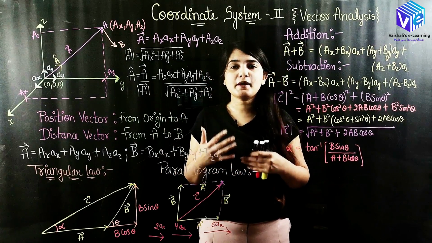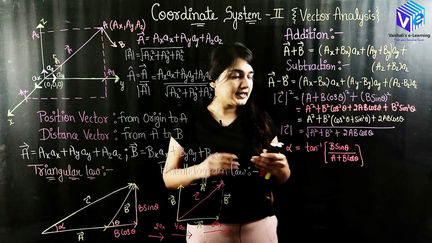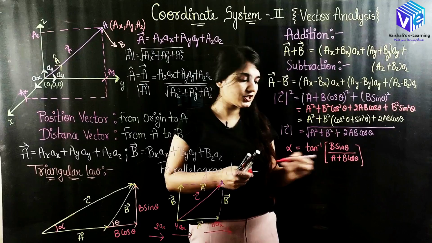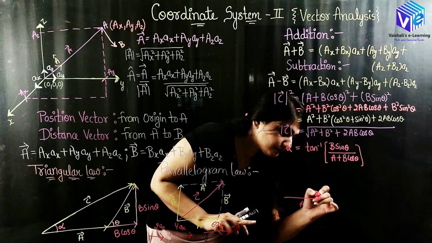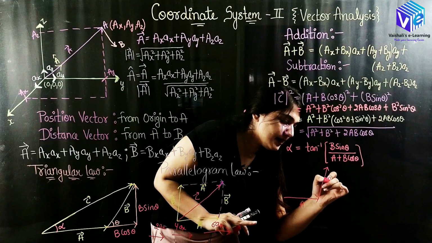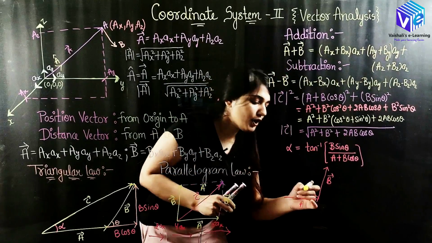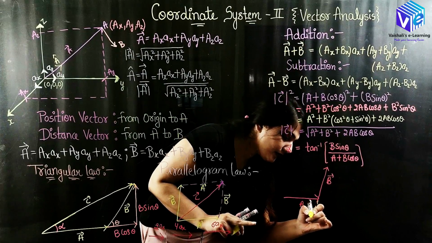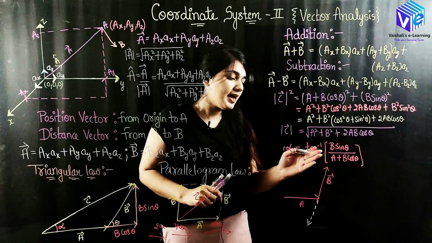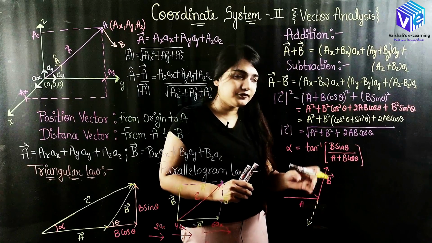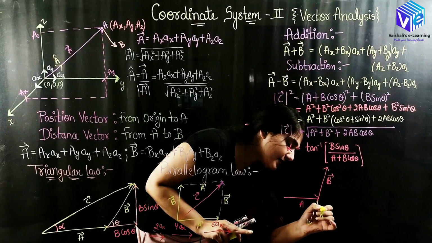Now you would be asking me, what about the subtraction? This is all about the vector addition. In the case of subtraction, again I have these vectors. This is my vector A, this is my vector B. Let's talk about the triangular law itself. Now what I will be doing, I will be taking the minus B vector. What will be the minus B vector? It is the opposite, or 180 degree shift, of the B vector. So this gives me the minus B vector.